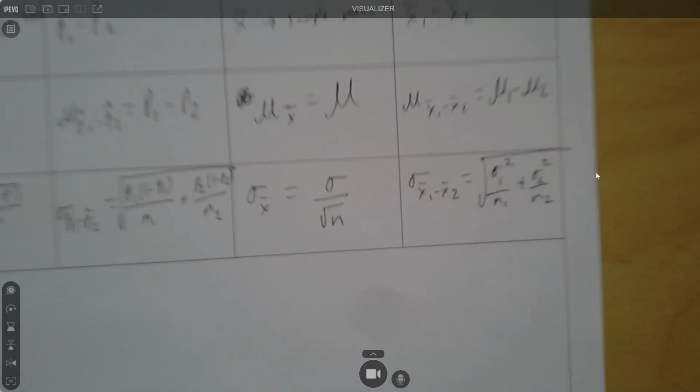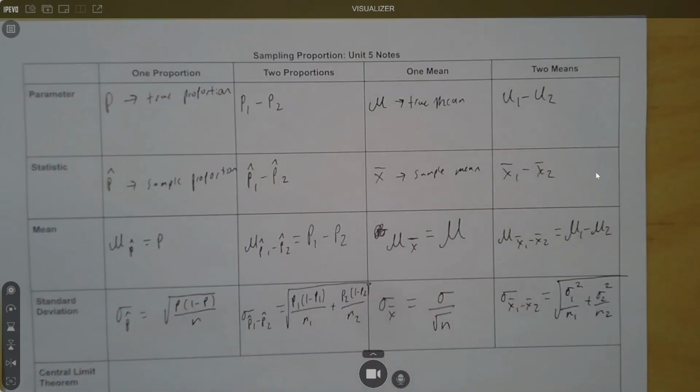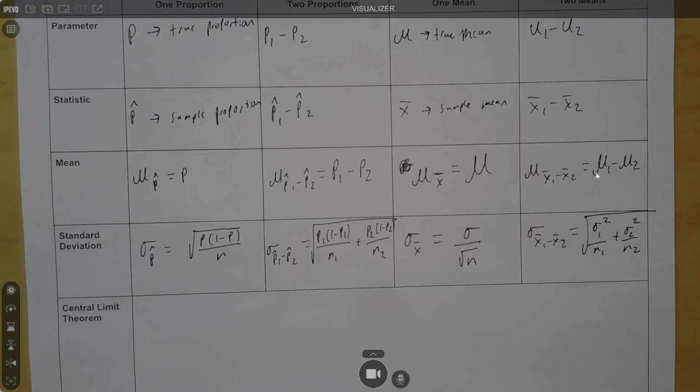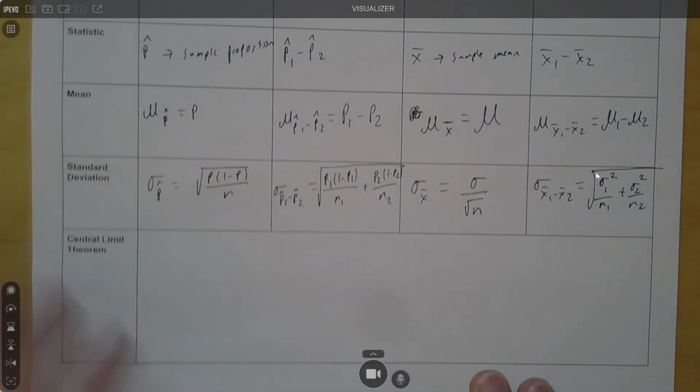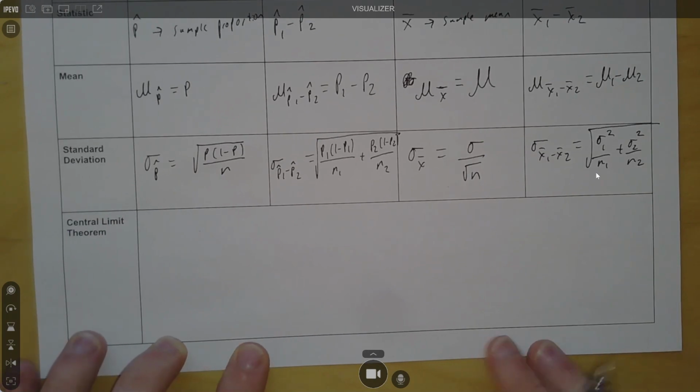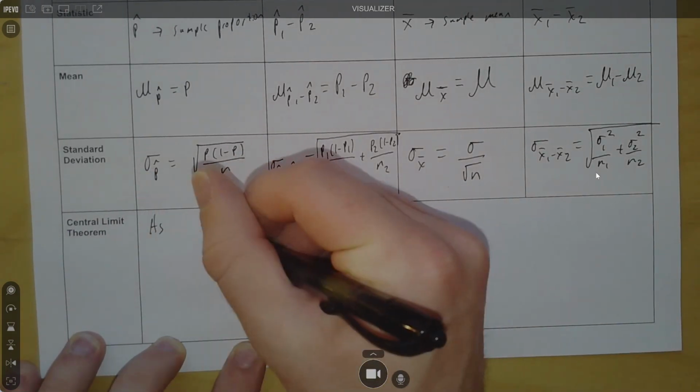Okay, so these are all the formulas you need to know for the test. And so a lot of the test is just choosing which one of these is going to be and then doing the problems. Okay, central limit theorem, last thing, the central limit theorem just says that as sample